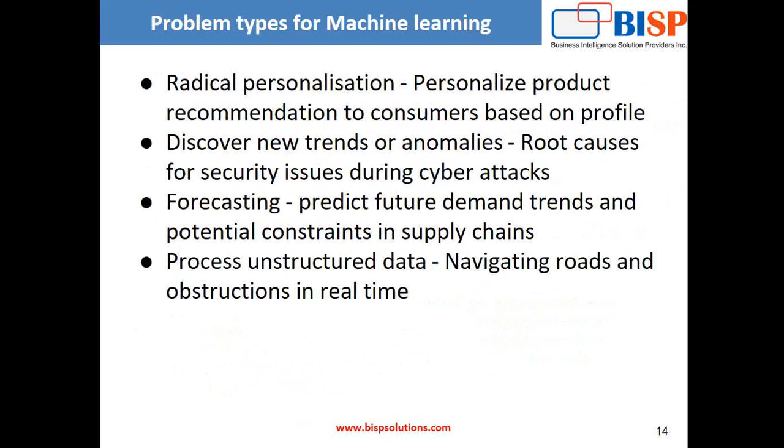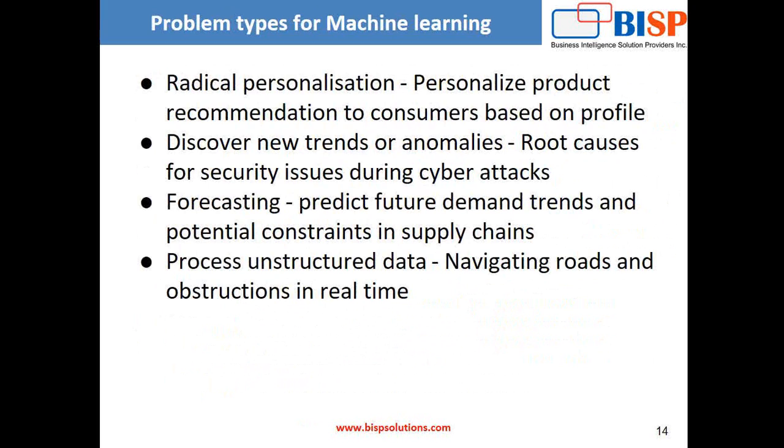The second thing is forecasting, predicting future demand in a supply chain situation. Suppose you know the demand is going to be like this, and therefore the potential constraints in the supply chain. A good example is if a company identifies that there is a tsunami in Japan and is able to see that the supply is going to get impacted. Therefore, it's able to forecast that and try to improve where the supply chain could be changed to.